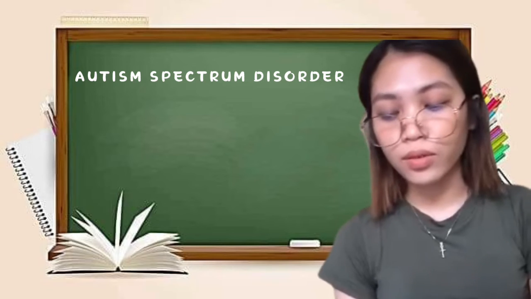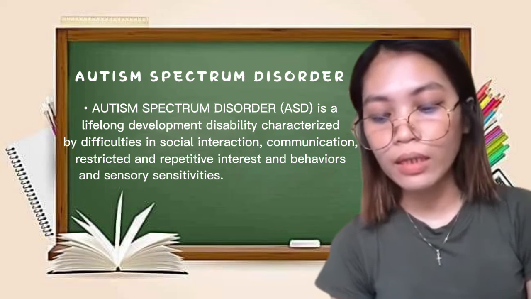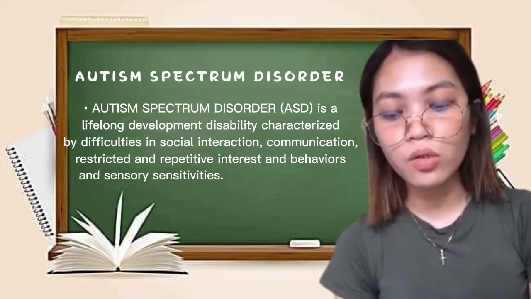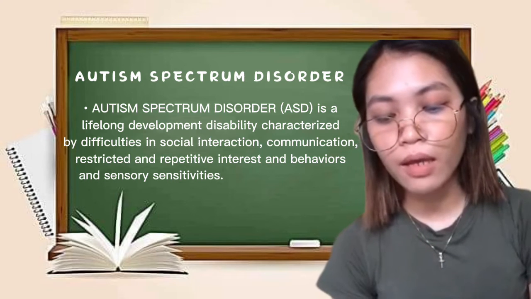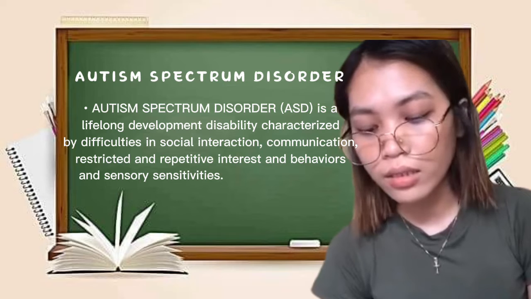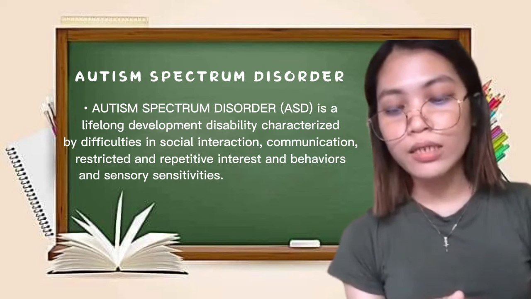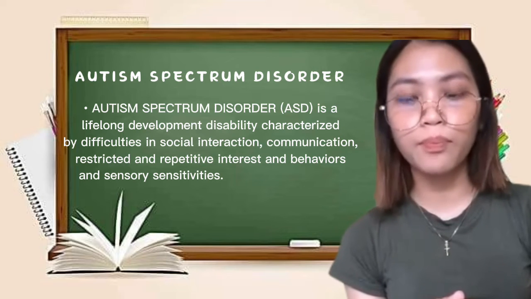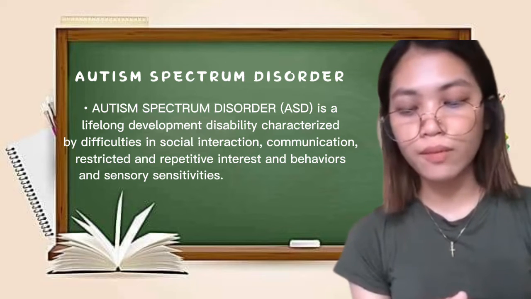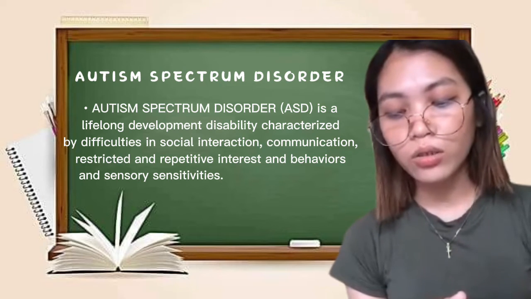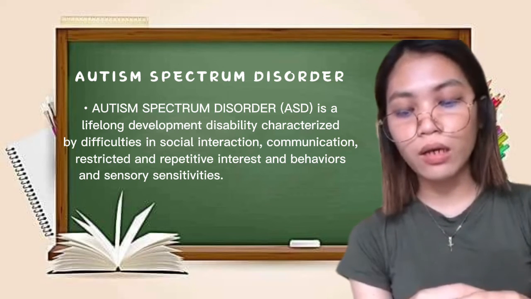Autism spectrum disorder. Autism spectrum disorder is a lifelong developmental disability characterized by difficulties in social interaction, communication, restricted and repetitive interests and behaviors, and sensory sensitivities. In other words, autism spectrum disorder is a condition related to brain development that impacts how a person perceives and socializes with others, causing problems in social interaction and communication. The disorder also includes limited and